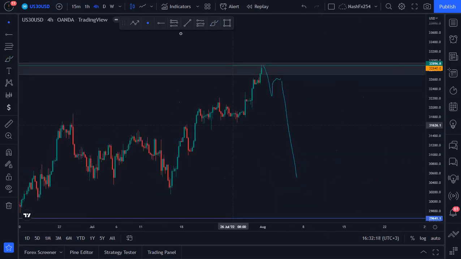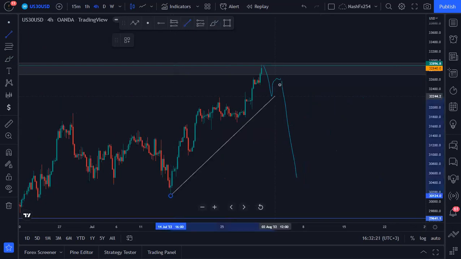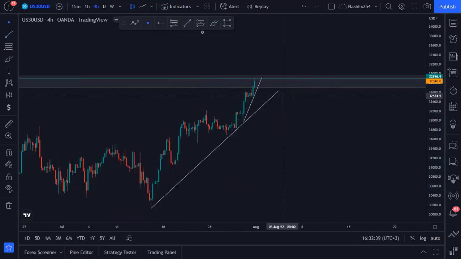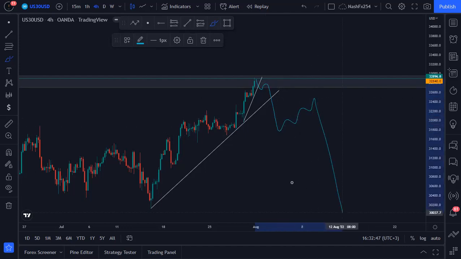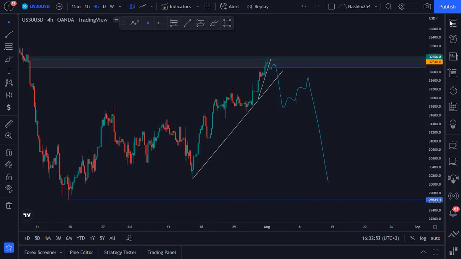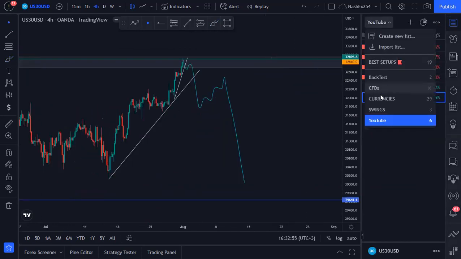So to be on the safe side, you can just draw your pattern, your trend line over here. You can even have a deeper trend line than this one. If I go to a 1 hour time frame, you might potentially get another trend line at this level, but this one is a bit risky, so you need to be careful trading lower time frame. So for this one, we expect a break of this structure, correct? Break of this structure, bigger correction, and then we continue the downside. So this is what I want to see. As you can see with the Tesla, as I've shown you guys the Tesla, when we were starting